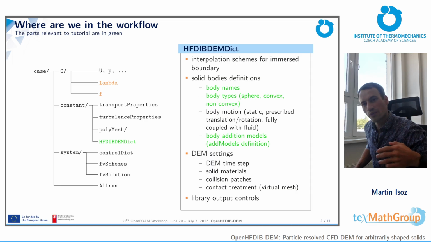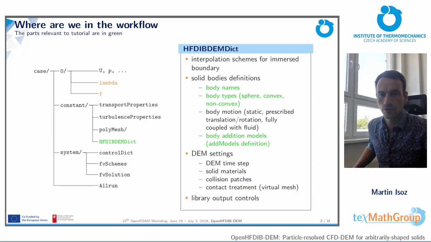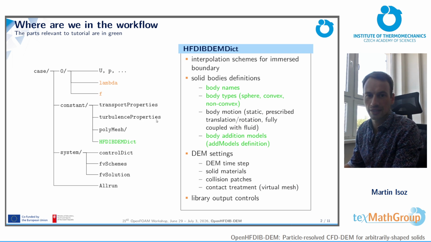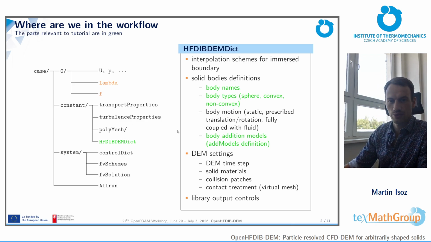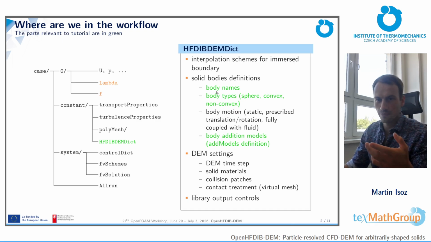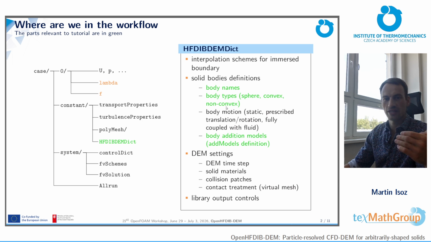So where are we in the workflow with our library? Everything relevant in here is highlighted in green. As I said in the previous video, we will be working mostly with this HFDIB-DEM dict, which is the only thing that is apart from the standard OpenFOAM workflow. And in this tutorial, we will work mostly with solid body definitions. So we will take a look at how to define body names, types, and how to add them into our